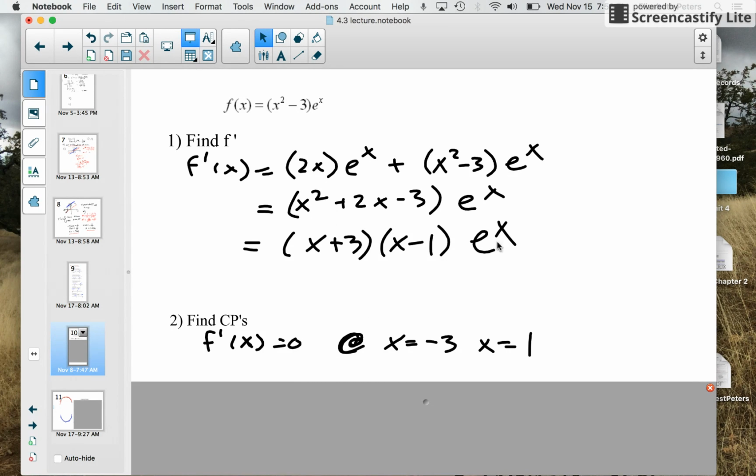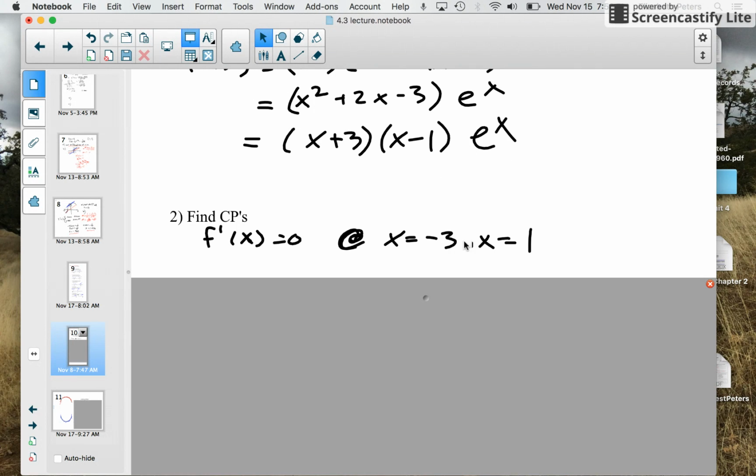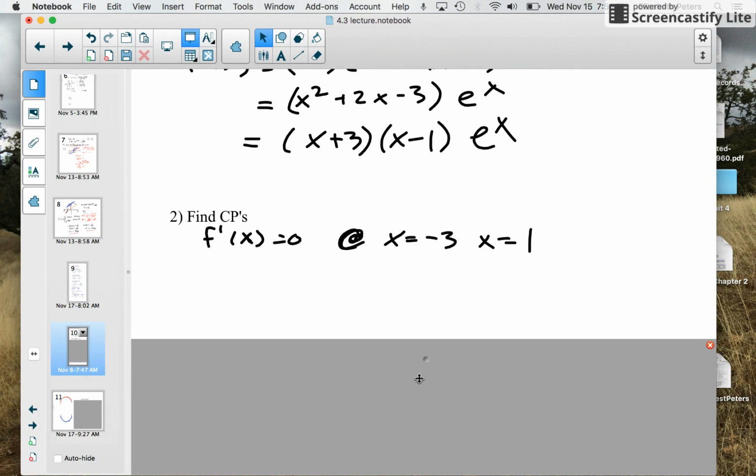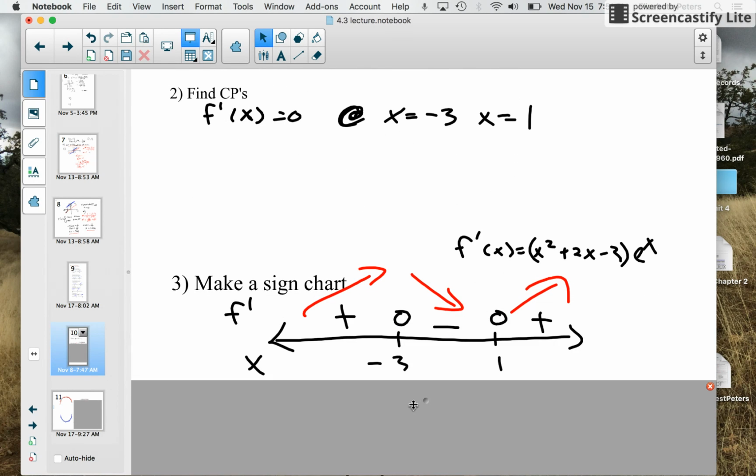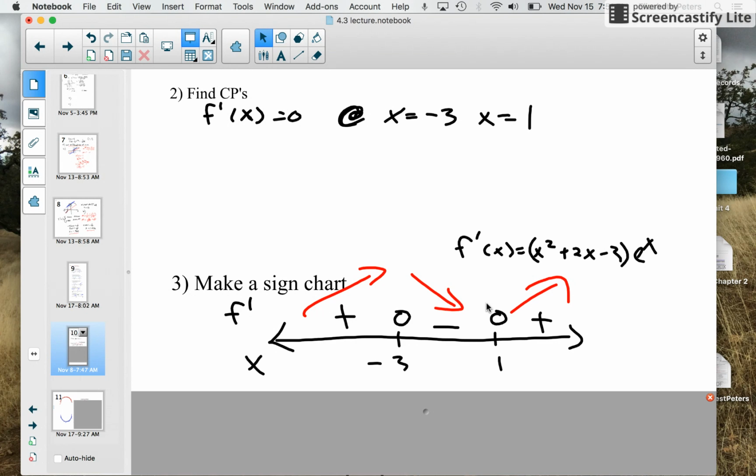So there's no place where the derivative does not exist. So we're only looking at places where the derivative is 0. And that's when this equation right here is going to equal 0, which is at -3 and 1. So our critical points are at x equals -3 and x equals 1. Okay, our next step is to make a sign chart. So we put our critical points down and we think about, okay, when x equals 0,